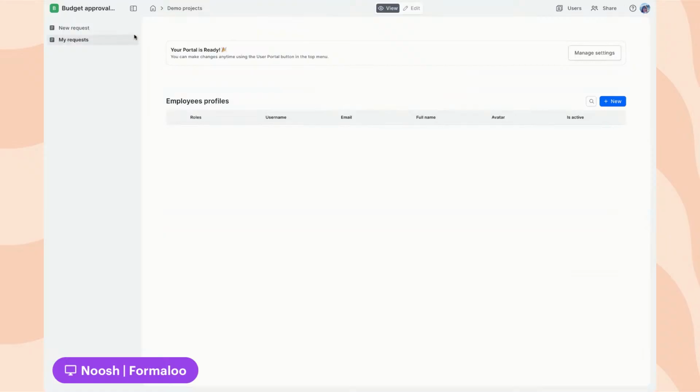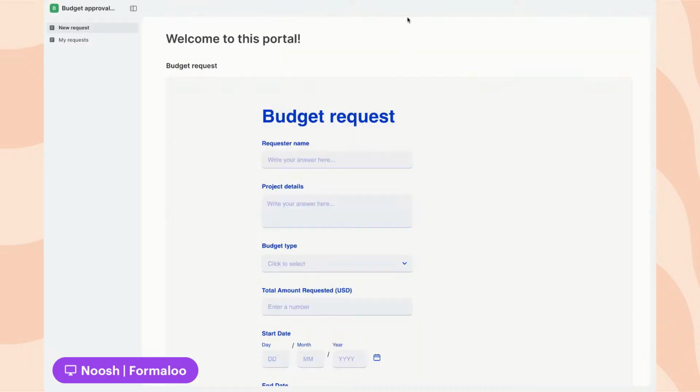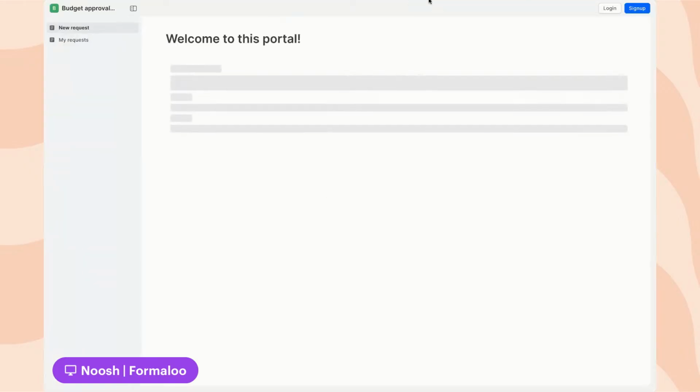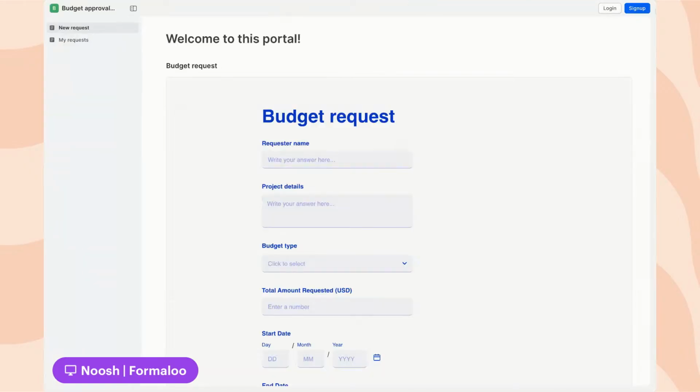And let's test it actually. Let's log in with a user, sign up at the portal, and see how it works. So let me change my sharing settings and show you in action. So this is my project. Let's refresh. Now you see there are two buttons here, the login and sign up. If I click this sign up button,